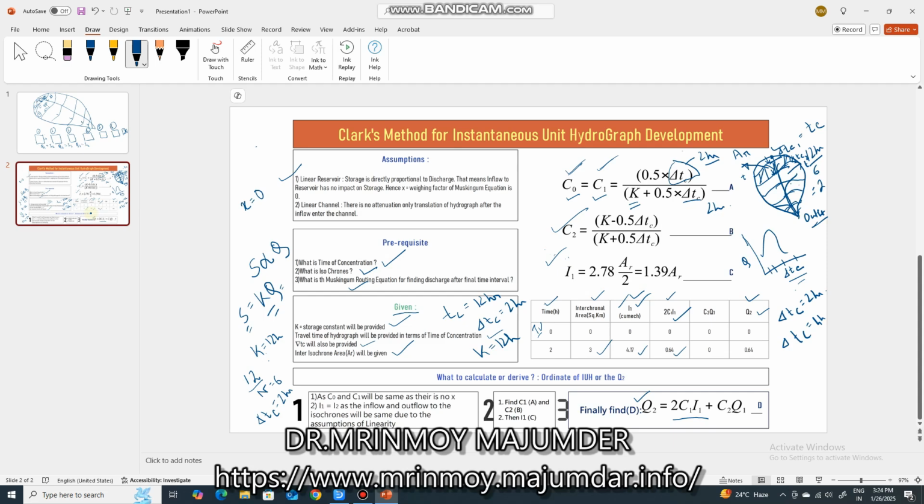So this Q2 is always outflow from the isochronal area, and this I1 will always be inflow to the isochronal area. This subscript 1 and 2 does not have any significance related to the isochronal areas. Always there will be inflow, there will be outflow. So I1, Q2. Now this 0.64 flow is the outflow from the first isochronal area. So in the next isochronal area, this Q2 0.64 will become the inflow,